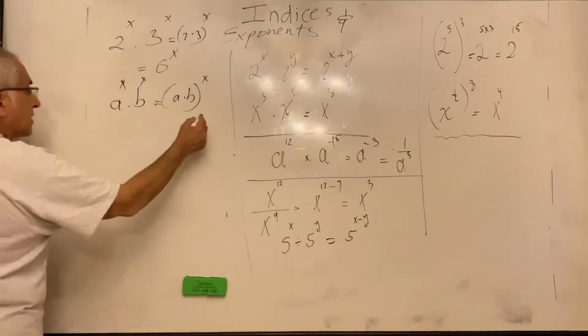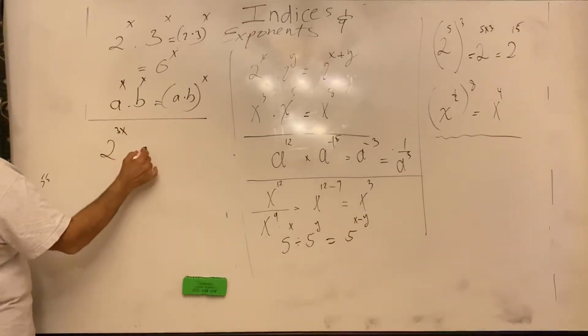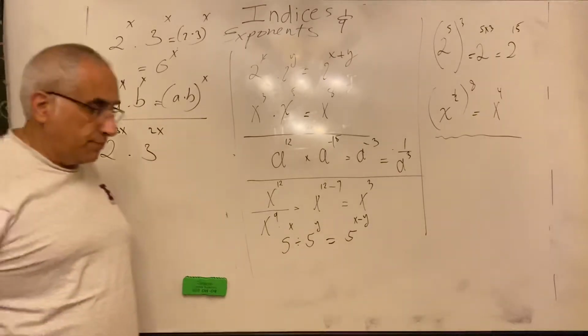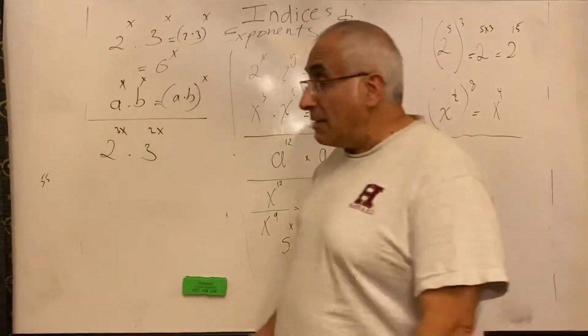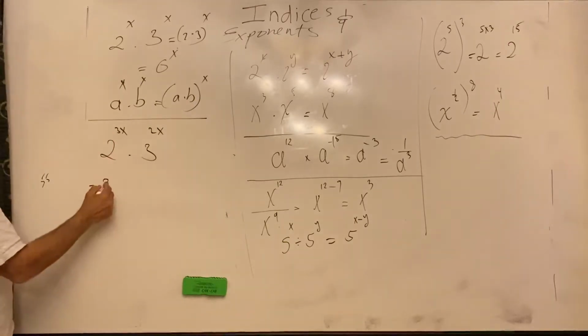So what happens if I give an example like this? 2 to the power 3x times 3 to the power 2x. Can I do anything about it? No. Neither the bases are the same, nor the powers are the same. But I can make the power the same. How? Look, if I keep this one like that,